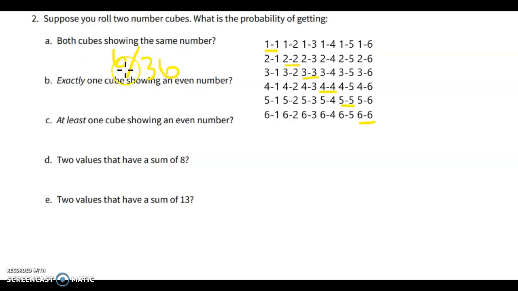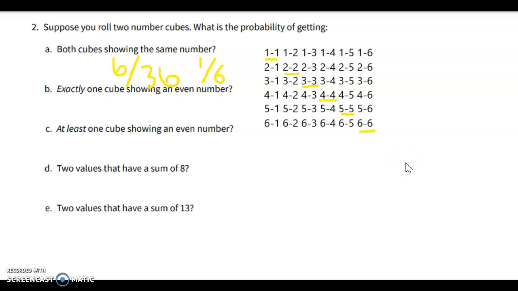However, this is not simplified, guys. Both of these numbers, 6 and 36, are divisible by 6. Therefore, 6 divided by 6 is 1, and 36 divided by 6 is 6. So we have a 1 out of 6 chance of getting the same number twice. Alright,